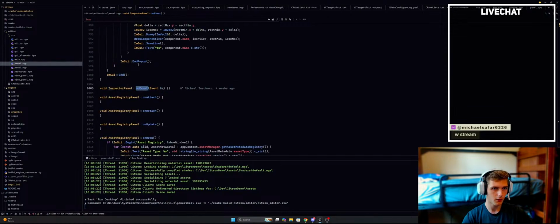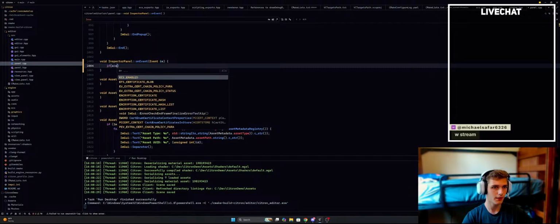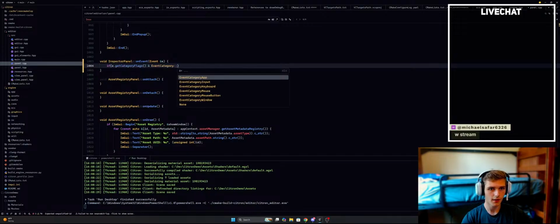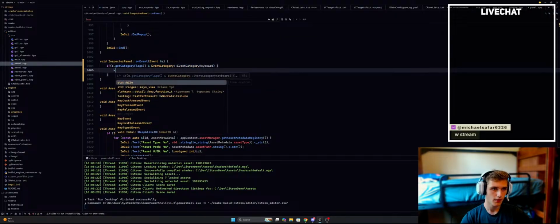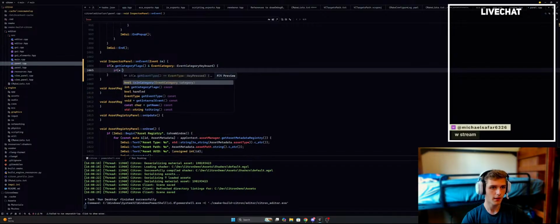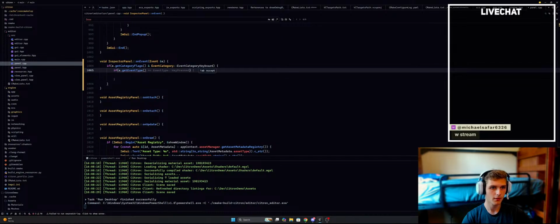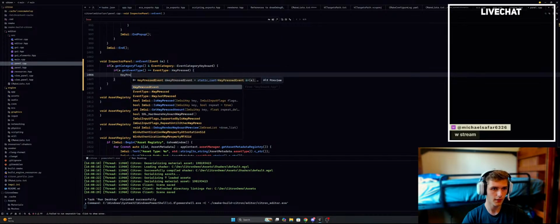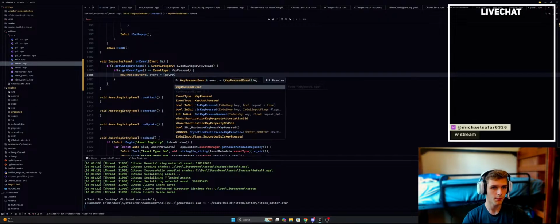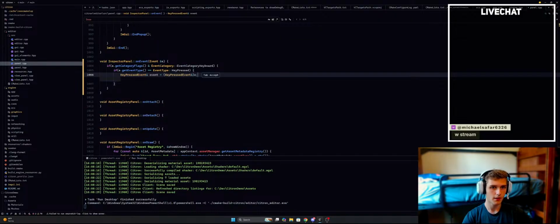And then inspector panel on event, if event, what if event e dot get, let's see, category, I think it is, get category flags and event category keyboard, if e dot get event type is equal to key pressed event,